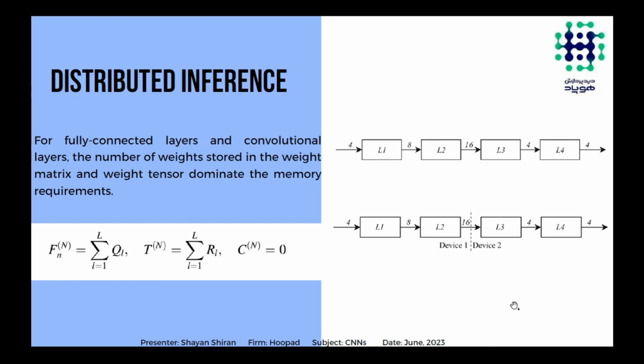Let me just mention the example. You see, here we have some layers. These are the inputs and the outputs of these layers. If you want to understand what communication overhead is, the communication overhead in this figure is zero because there are no other devices. But in the below figure, we have two devices that are in series. They are not in parallel.